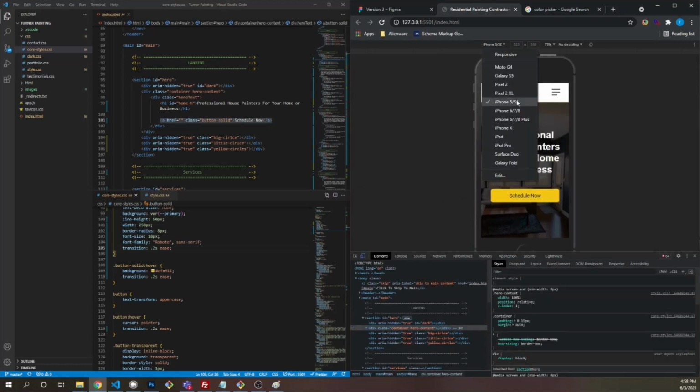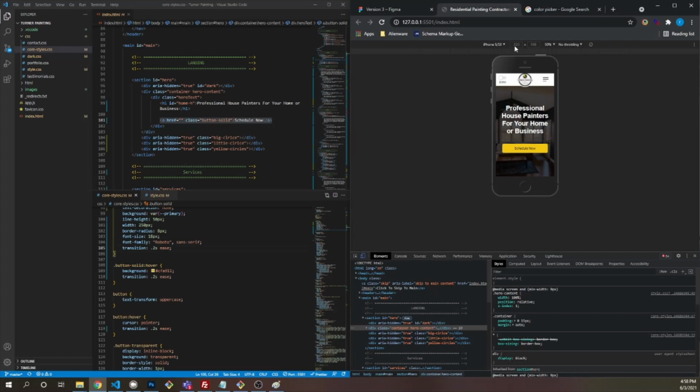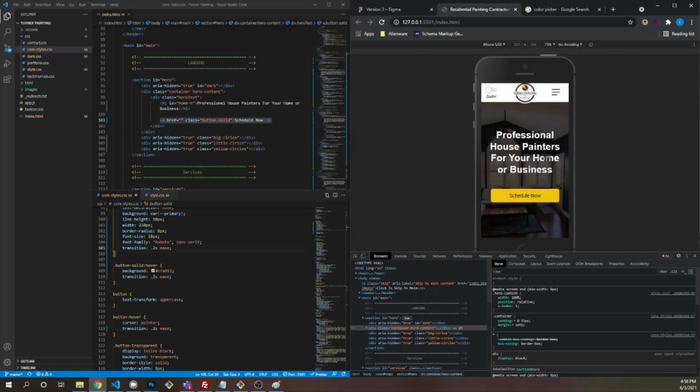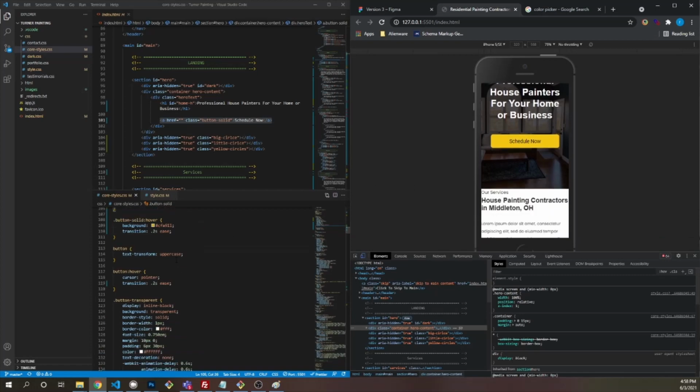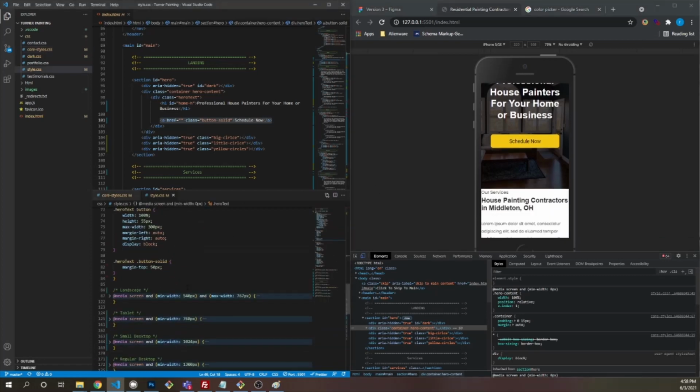So I'll go back to mobile. And always start on iPhone SE. It's 320 pixels wide. I bumped it up to 375. This will be like the smallest screen that you develop for. So I recommend starting here and then going bigger from there. But let's go down to our next